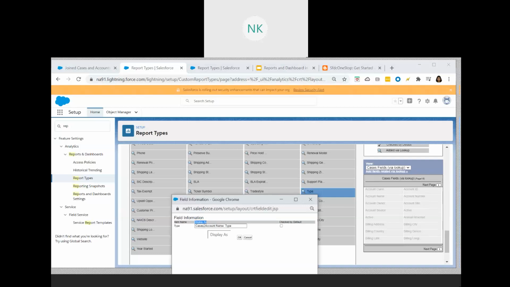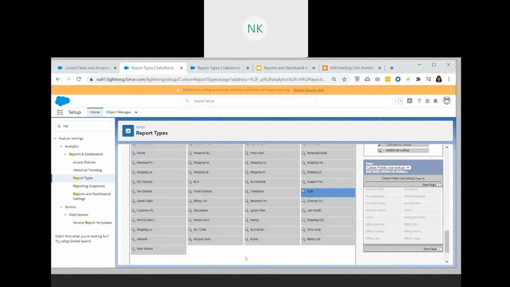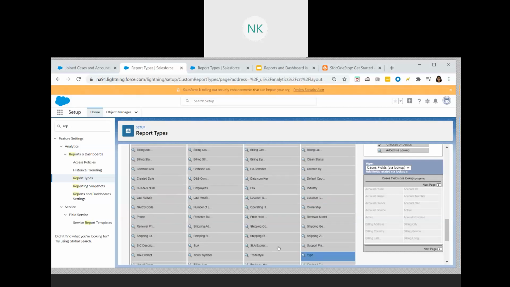Whenever you create any report, these fields will be displayed in this format: cases, account name, type. If you want to give a better name, so that whenever you create a report you can look at this and pull that specific field, you can change the label name accordingly and click on OK. So the label name only will get updated here.